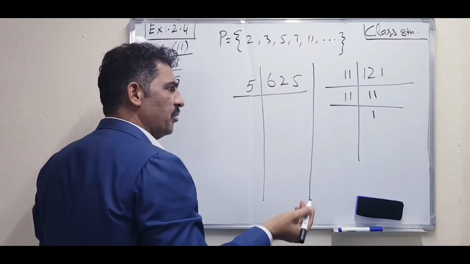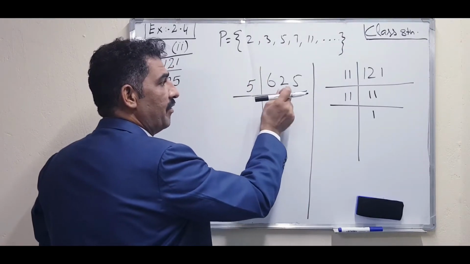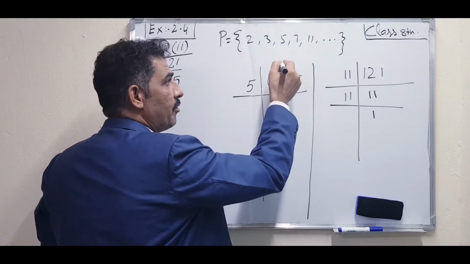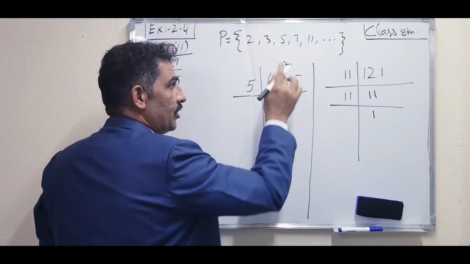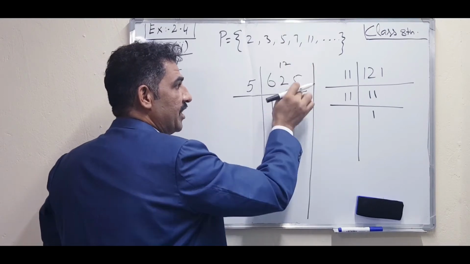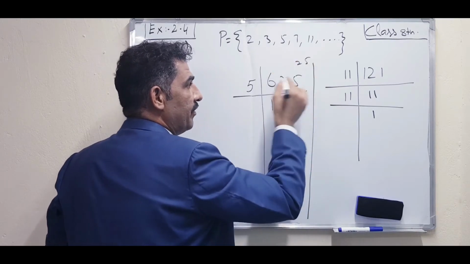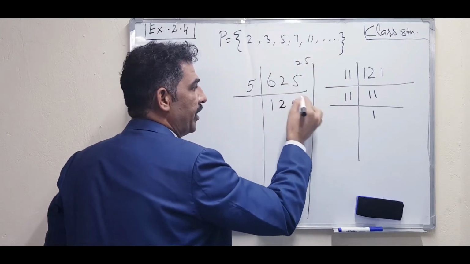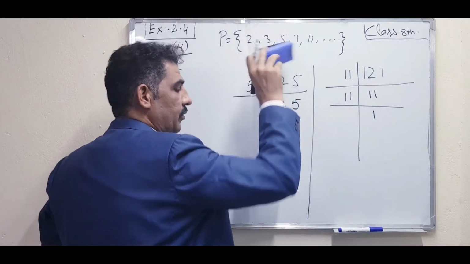You can do it directly. 5 ones are 5. 1 is remaining. 1 joined with the second digit becomes 12. 5 twos are 10, so 12 minus 10 is 2. Then the 2 is joined with the next 5, making 25, and 5 fives are 25. This is the direct method of division.